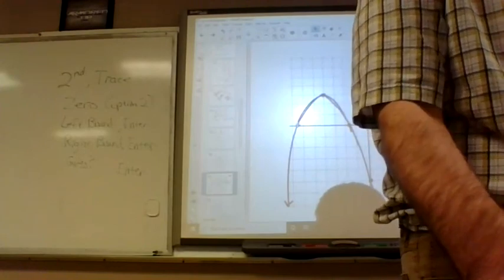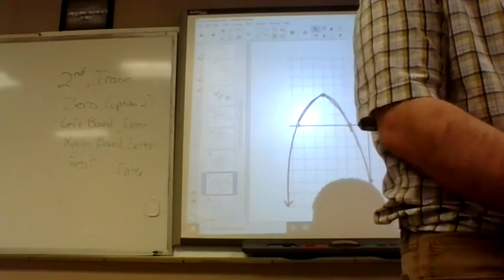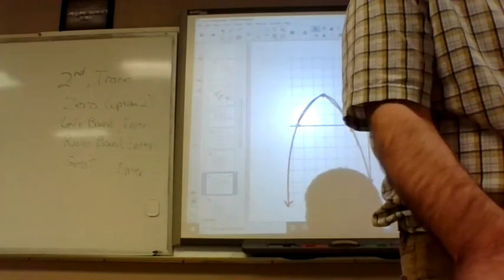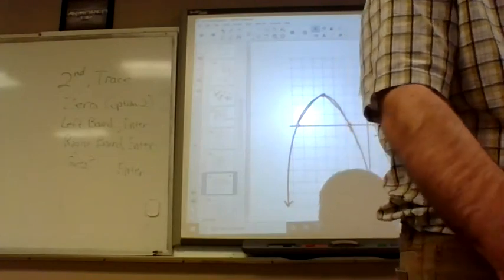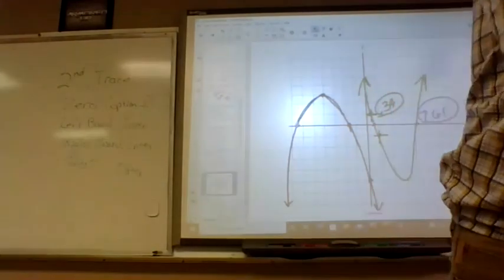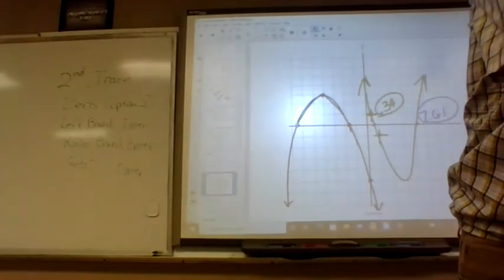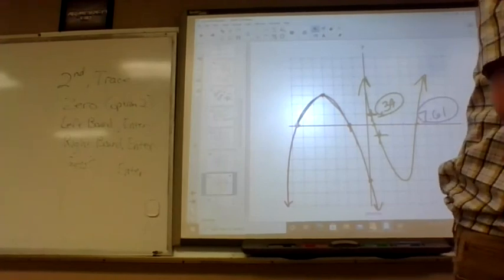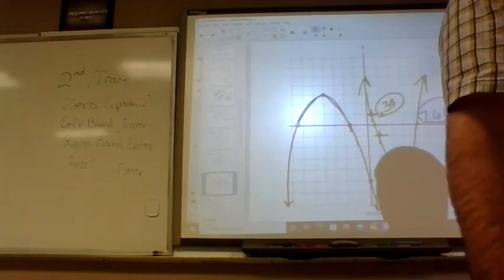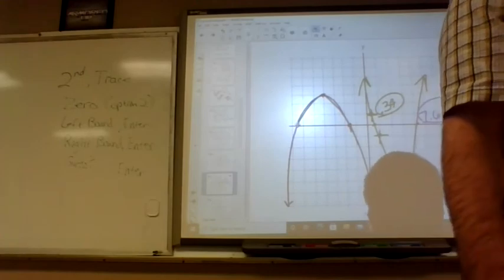Wait, so what do you mean by left bound? Yeah, looks like we're not gonna make it by next Friday, unfortunately. So, what do you do for left bound? You move your cursor to the left of the point you're trying to find. For my work, if you don't have it by tomorrow,